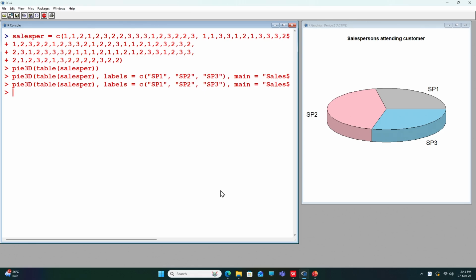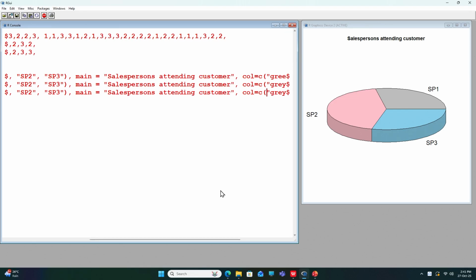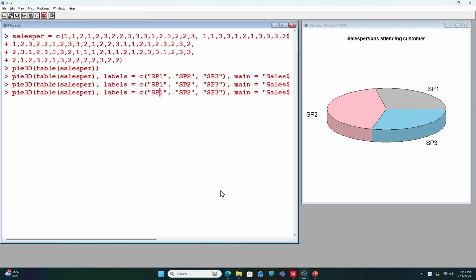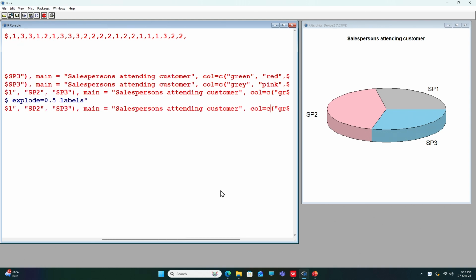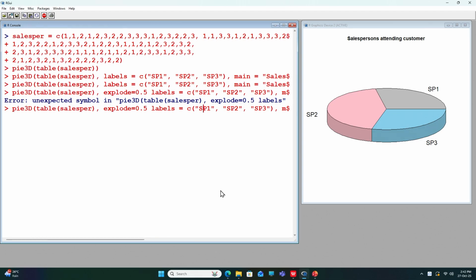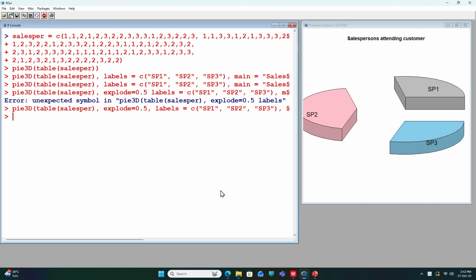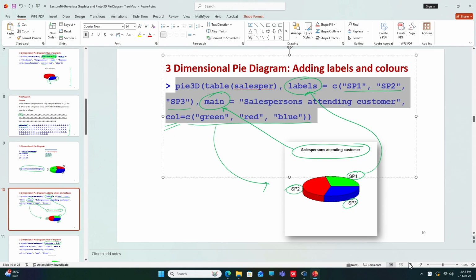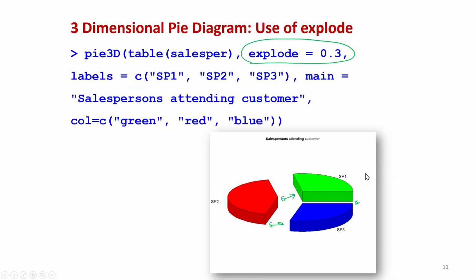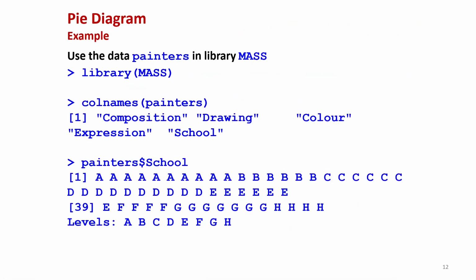And now in case you want to use the option explode, then you can see if you try to use explode is equal to 0.5. See here, oh I forgot to put a comma. So, let me write down 0.5 comma, and you can see now they are separated, right. So, you can see it is not a very difficult thing to create such a 3-dimensional pie diagram,